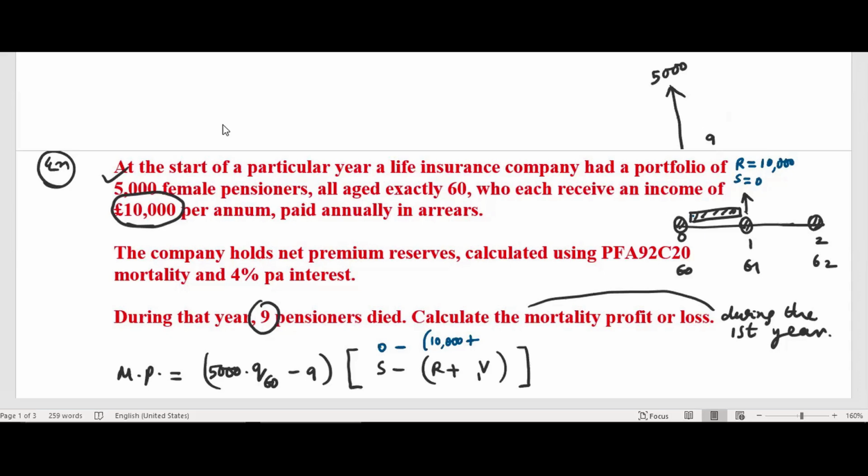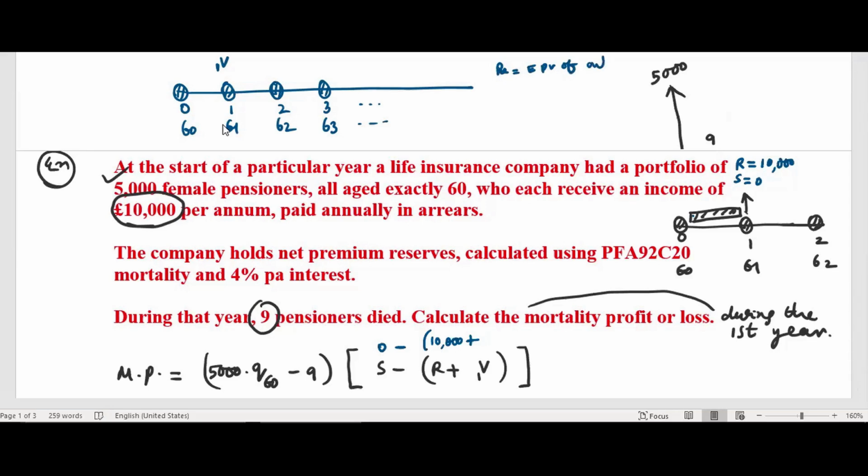So how do we find the reserve for this kind of problem? Let me write a number line. This is 0, this is 1, this is 2. Here you need to find the reserve. I'm not bringing mortality profit here. I want the reserve here. Reserve means the expected present value of outgo for the company. Normally the company outgo used to be the expected value of the sum assured, but now the company